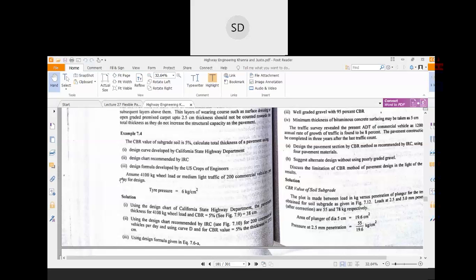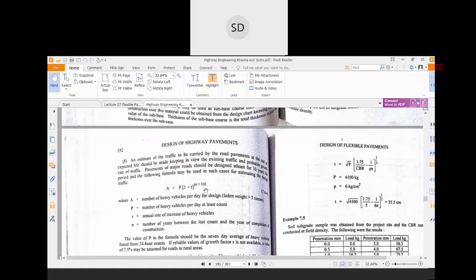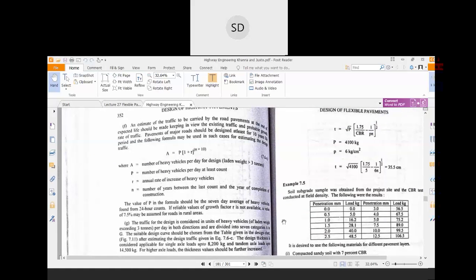So here assume 4100 kg wheel load or medium light traffic of 200 commercial vehicles per day for design, and tire pressure is given as 6 kg per centimeter square. So this is the value. So first thing,